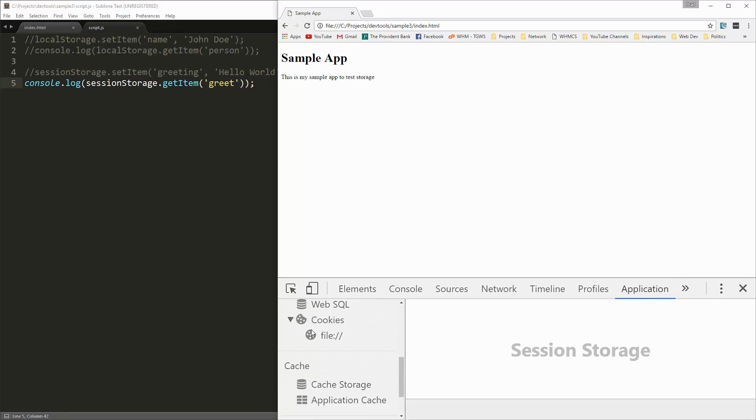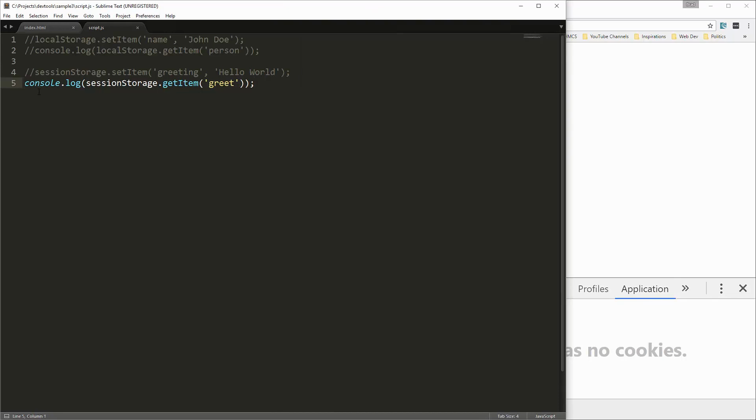Alright, now notice we also have an area for cookies. So to save a cookie in JavaScript, we can use document.cookie. So let's go ahead and do that. We'll say document.cookie, and we just want to set it equal to, and then we can have key value pairs. We'll say name John Doe. Alright, and then we'll create a variable, and we'll set it to document.cookie, and then let's console.log